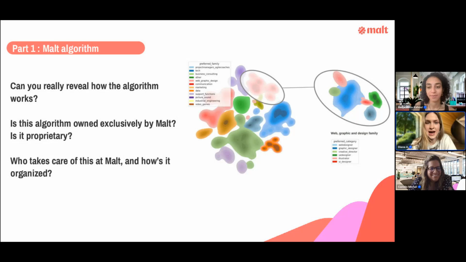Thank you. I think the question that comes, well, the third part on the slide is quite a natural one, because obviously we have so many teams dedicated to the algorithm specifically. Could you expand on this a bit more, just to let people know that it is really important? There are so many people working on it behind the scenes that you might not even think about. Yeah, so how it's organized on our side.